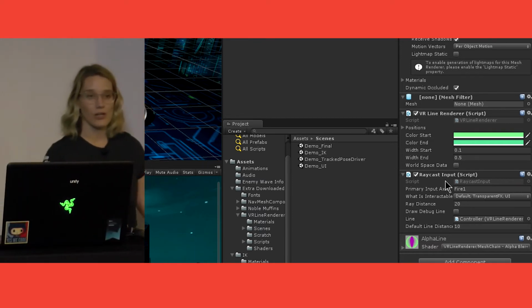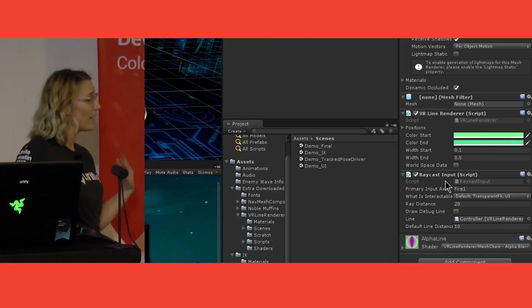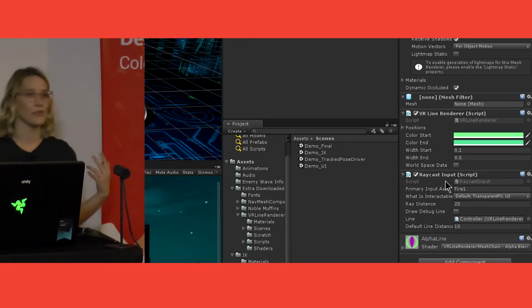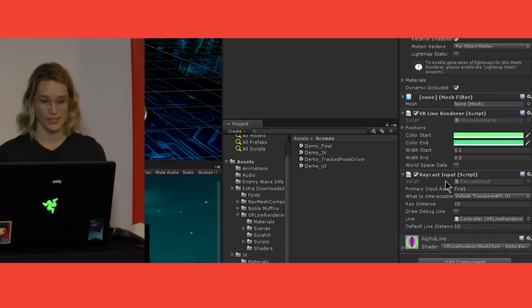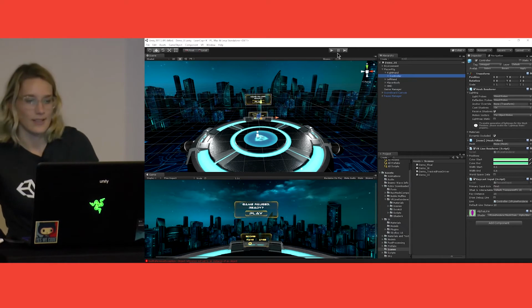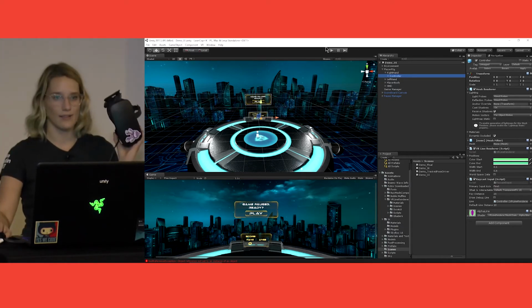And these scripts are not by default included in Unity, but I have them posted up on GitHub, and I will give you all the link to that at the end, so you can download these scripts and start using them today. And let's take a look at what that looks like.